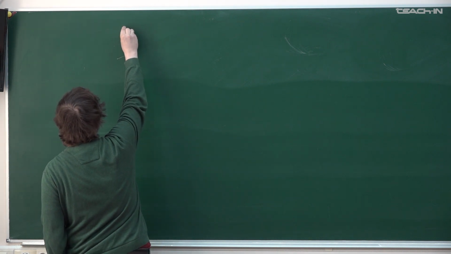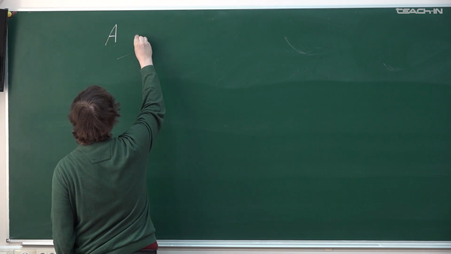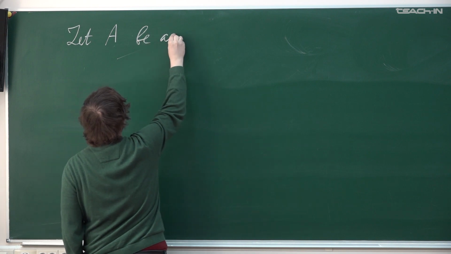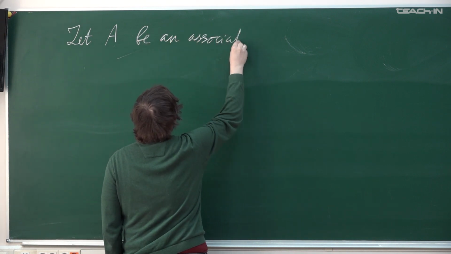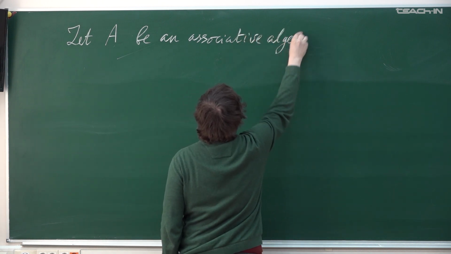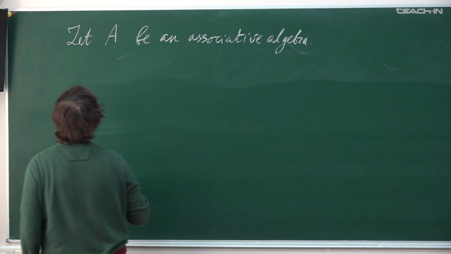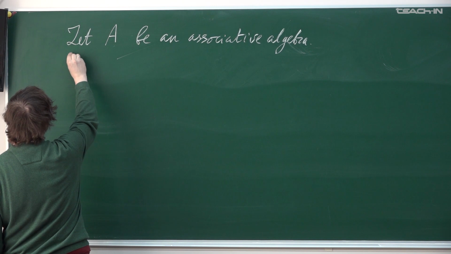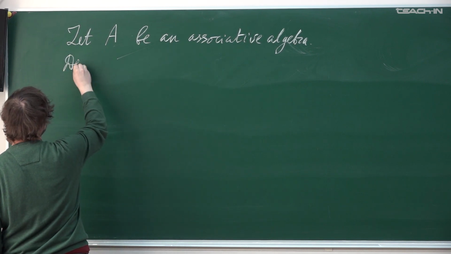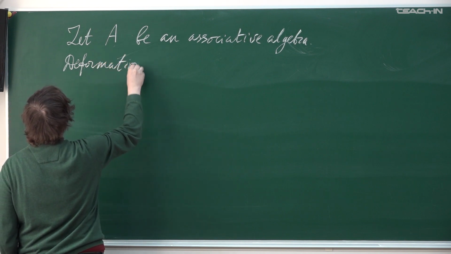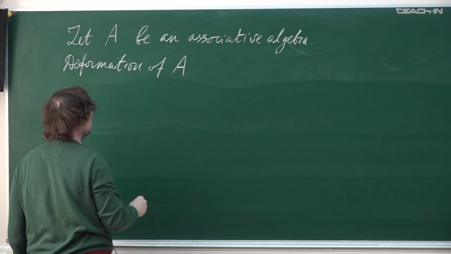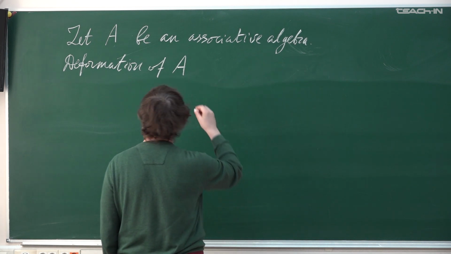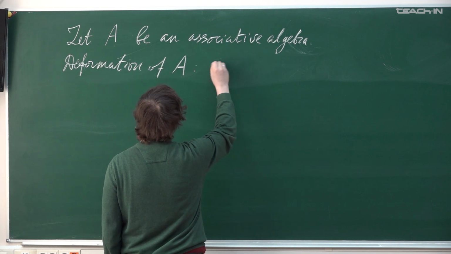So, okay. Let A be an associative algebra. I'm beginning with something pretty abstract. As I already defined, the deformation of A, to cut the long story short, in fact, one can speak about Artin rings, about some representable functors and so on, but just to be as explicit as possible, let's call deformation of A any algebra,